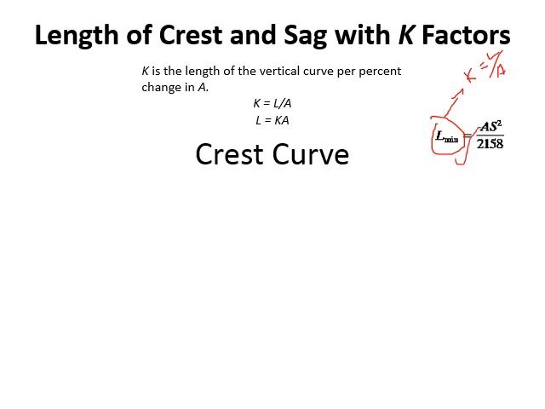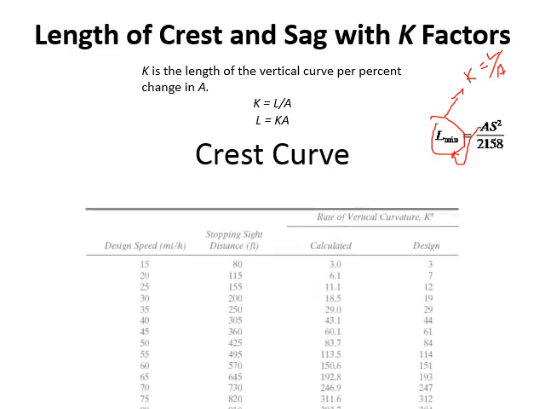So if I put a on this side, this equation will become for k, so k will go out from here, and the A will go out from here, and this equation will become for k. Okay, so if you use this equation, the only thing which is not known in the equation is S, and S depends upon the speed. So if I give you the speed, you can calculate S, and if you can calculate S, then you can calculate k as well, because then it will be S square upon 2158.